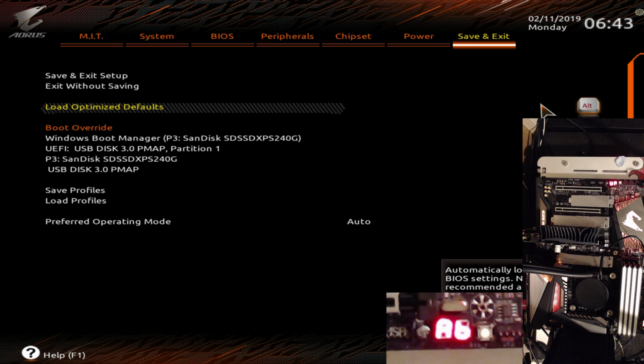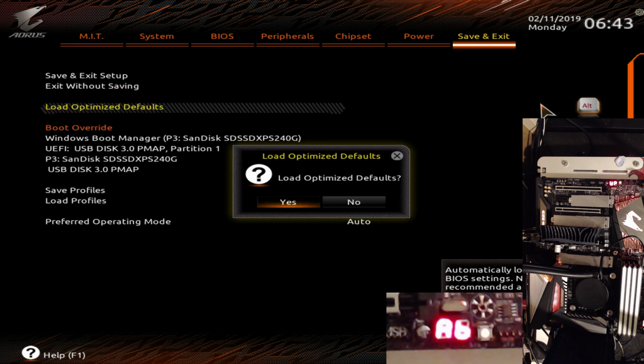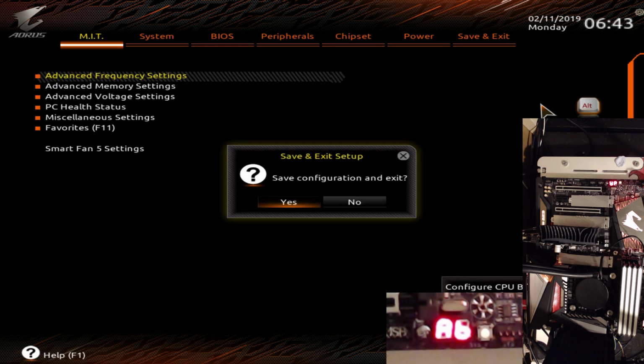So, let's get into it. Load optimized defaults, and that's done at this point, right? Yeah, okay. So we're going to save and reset, and I also need to go into Windows and turn off MaxMem,